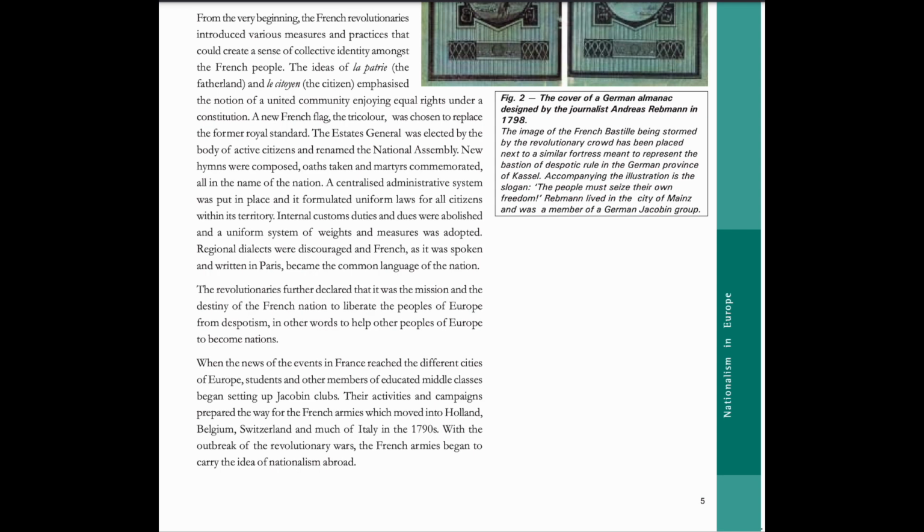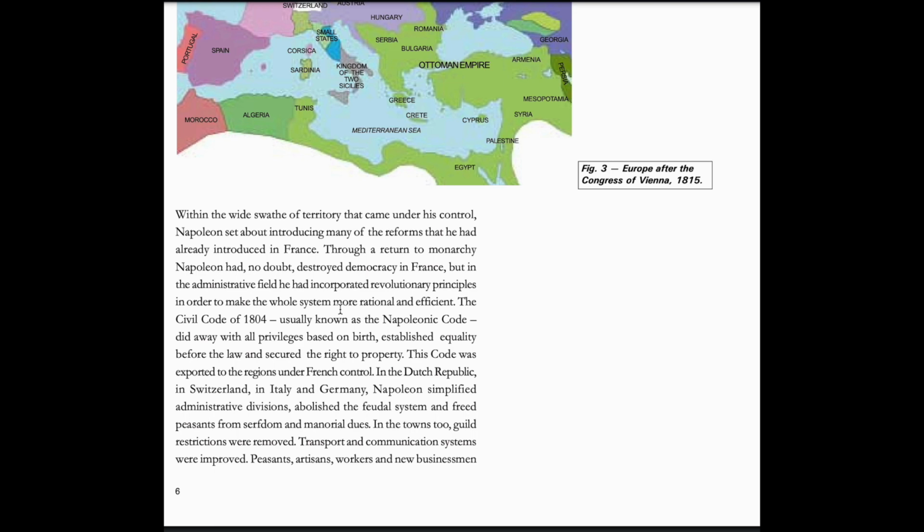nationalism abroad. Within the wide swath of territory that came under his control, Napoleon set about introducing many of the reforms that he had already introduced in France. Through a return to monarchy, Napoleon had, no doubt, destroyed democracy in France. But in the administrative field, he had incorporated revolutionary principles in order to make the whole system more rational and